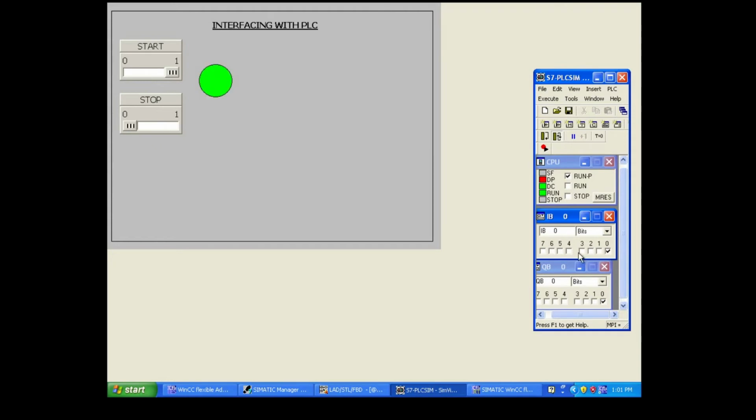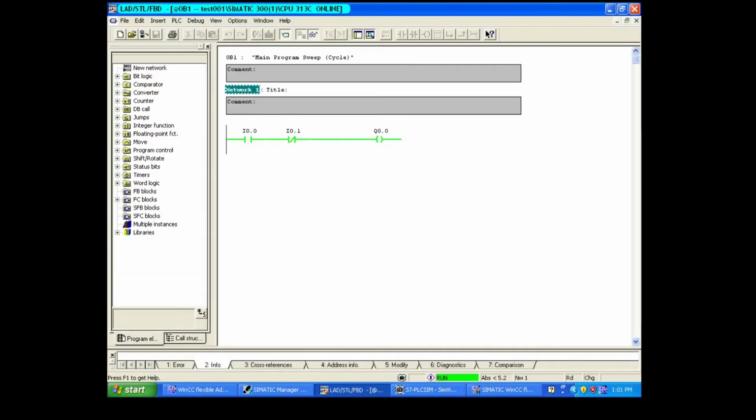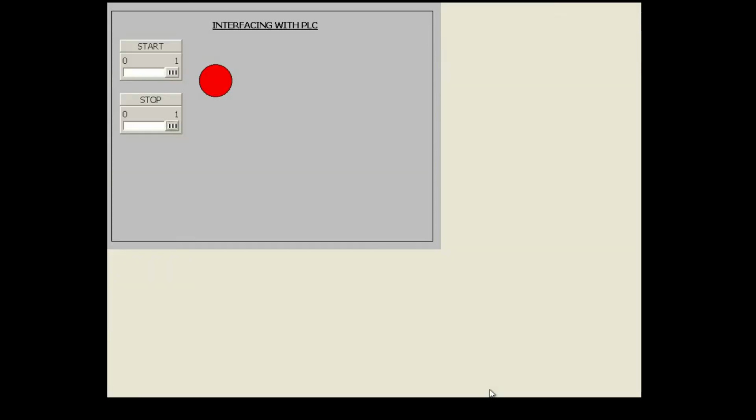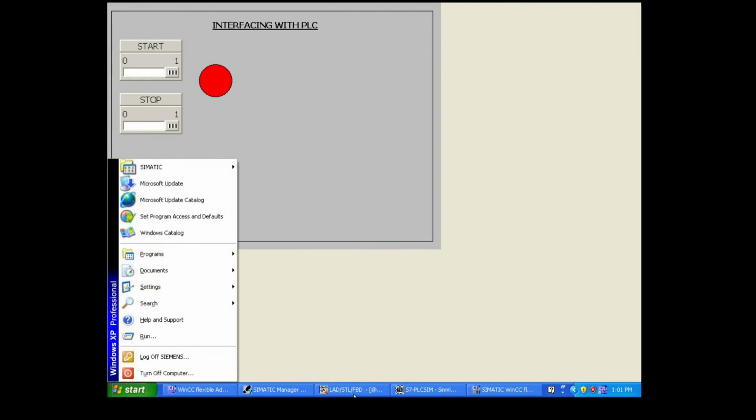So if you want to turn off, you should use the PLC simulation window. See, if I turn off, again it is on. If I turn off this, completely your process is stopped. Fine. So you can operate from PLC simulation window. The same thing is updated. For example, see here, I am turning on the start. It is on, no? Shall we check the PLC program? See, in PLC program it is on. Suppose in a PLC, if I stop, it is stopped, no? We'll check in simulation window of SCADA. See, it is stopped. It is on. Got it?